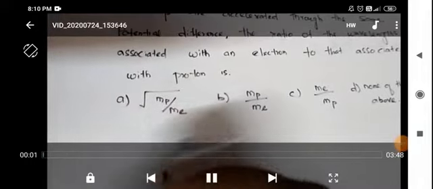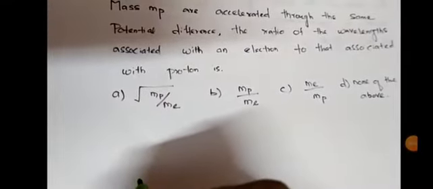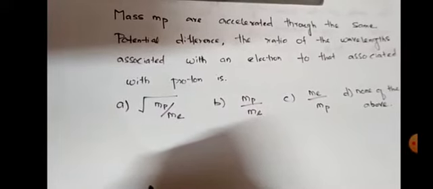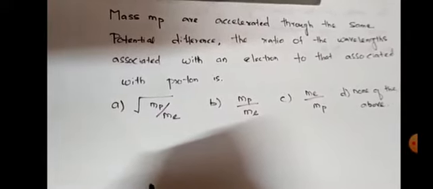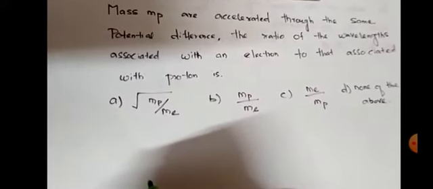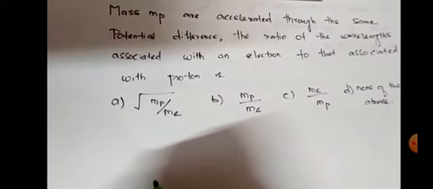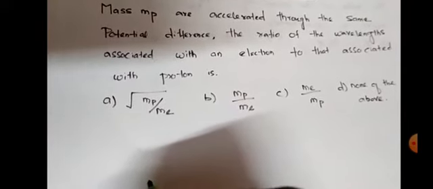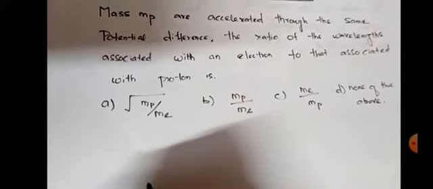Now here we are going to discuss some of the questions and answers. Here one question has been asked in the previous question papers: a proton of mass mp and an electron are accelerated through the same potential difference, the ratio of wavelength associated with an electron to that associated with a proton is, option